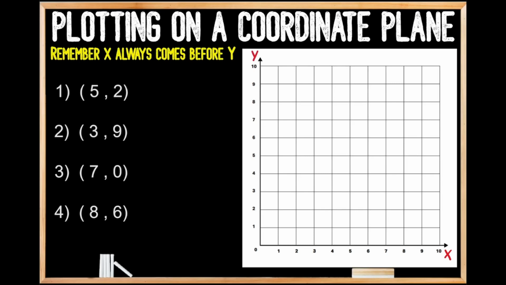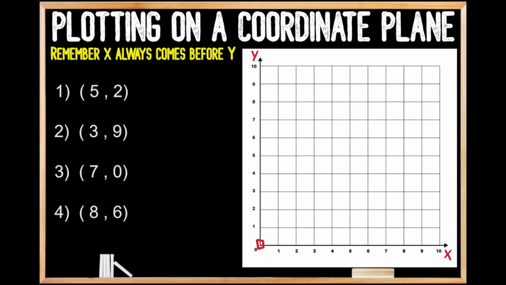There's one more point here that we do need to label, and that's our origin, or our starting point. And the location of our origin is always at 0, 0. So we're going to represent that origin here by just writing a little square to show that any time we're plotting a coordinate on a coordinate plane, we're going to be starting at this point here